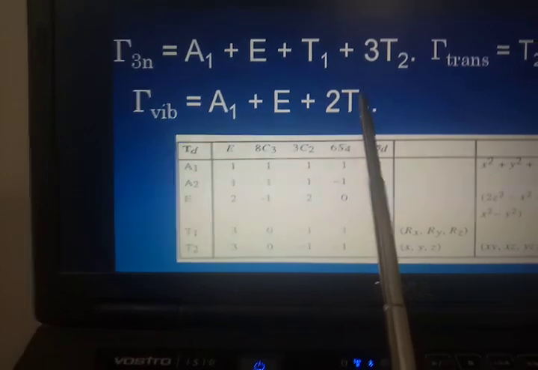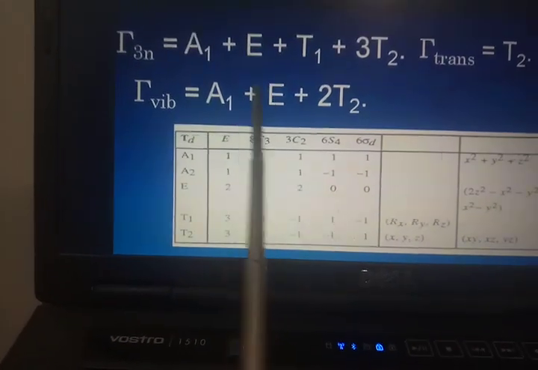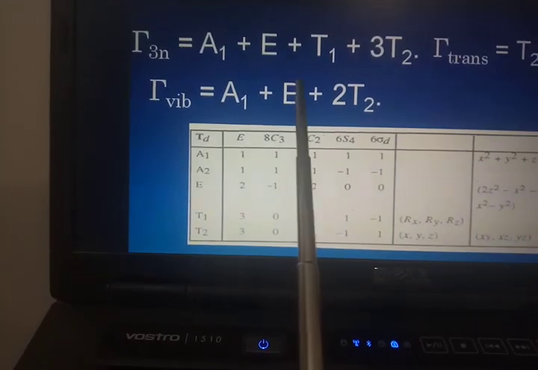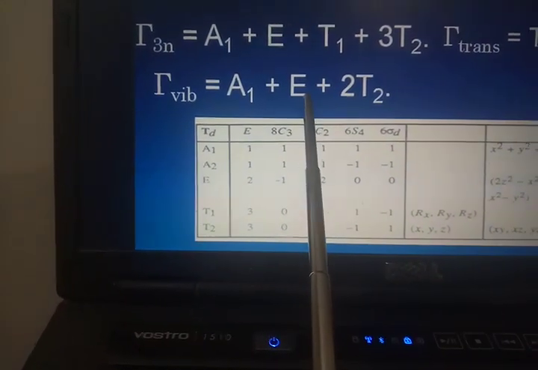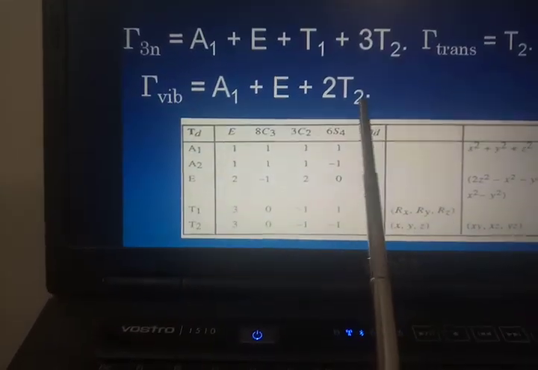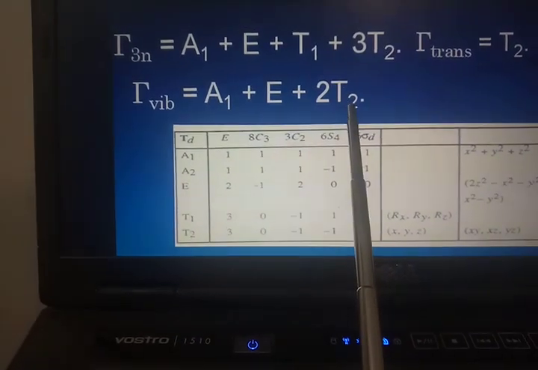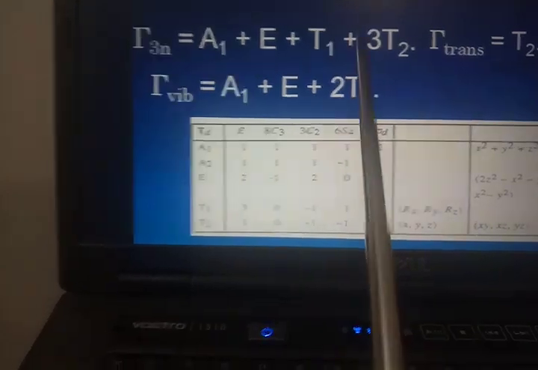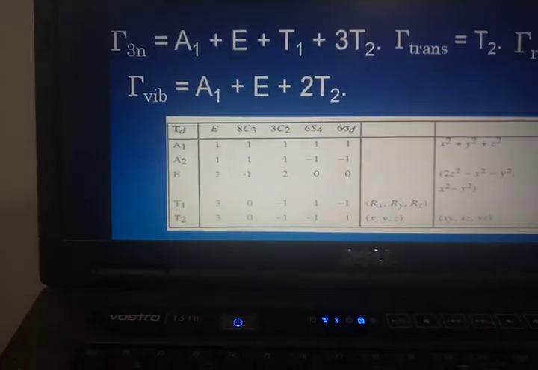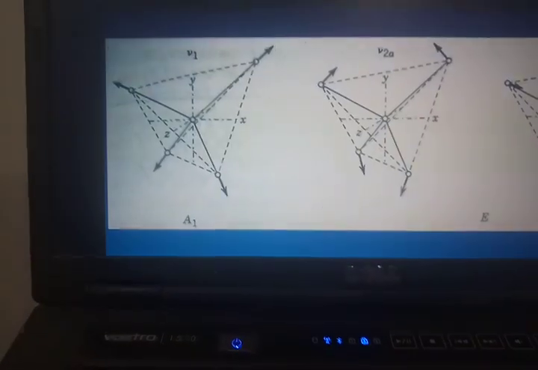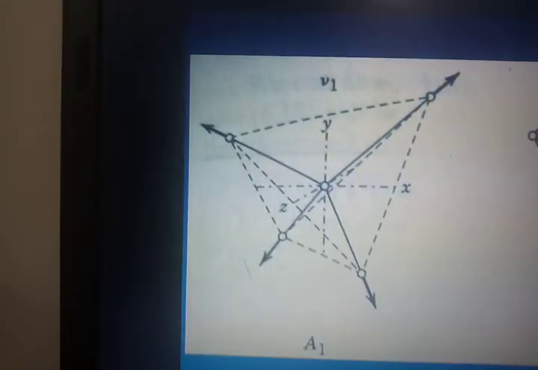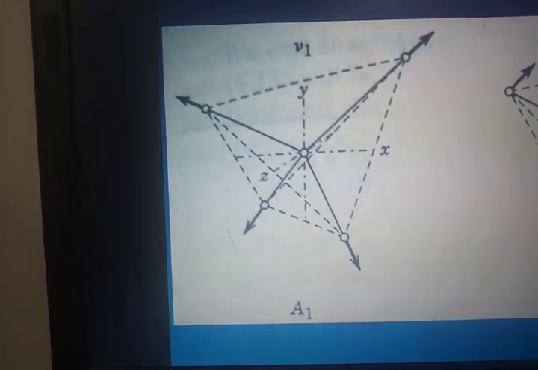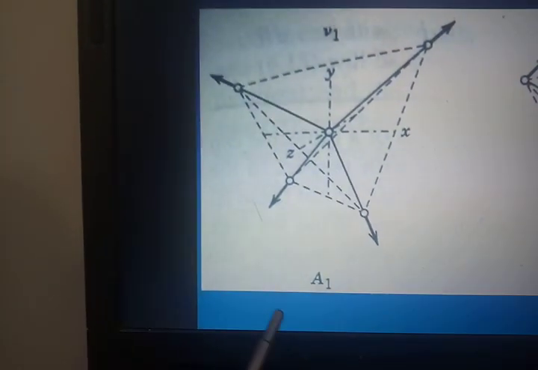And the condition will be that in E, which is a doubly degenerate term, there will be two vibration motions which will have equal energy. And for T2, there will be 3 types of vibration motion which will have equal energy. Now, how do we explain these conditions? If we consider a tetrahedral molecule, the symmetric stretching taking place in the molecule will correspond to A1